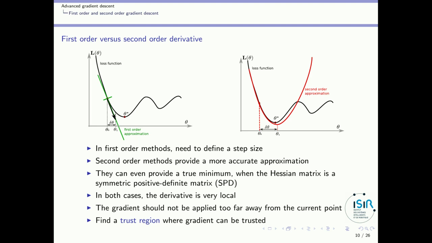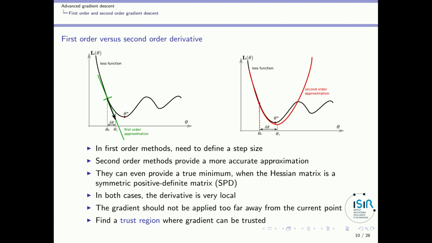Okay, so let's go to those more advanced techniques. First, a general consideration. As I said previously, if you are using a first order gradient descent technique, you are using some line here and you need to define a step size because you could go down indefinitely far away, so towards minus infinity. If you use a second order method, then you use something which is a quadratic function this way, okay? And you can see that with such functions, you get some natural potential optimum, which would be there, which is the minimum of your quadratic function.